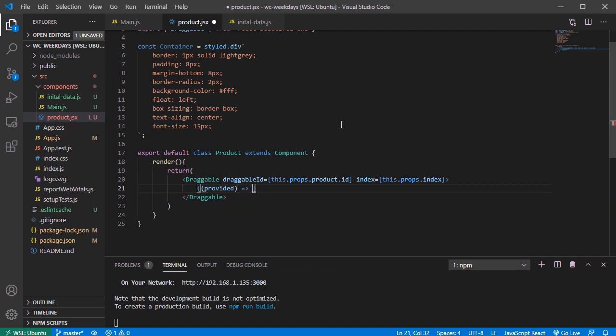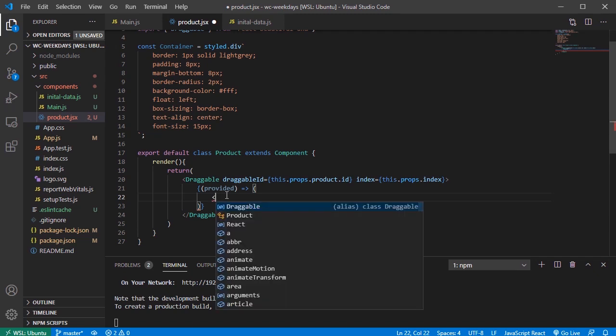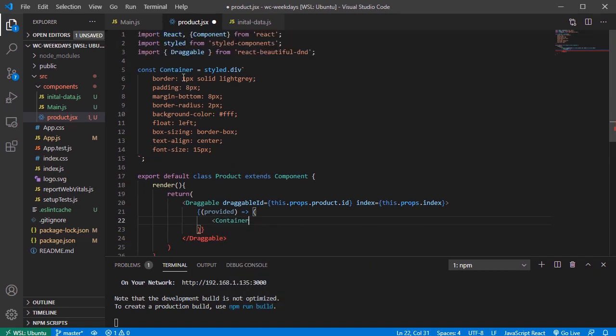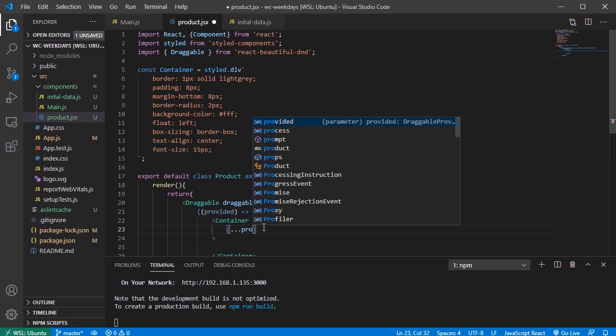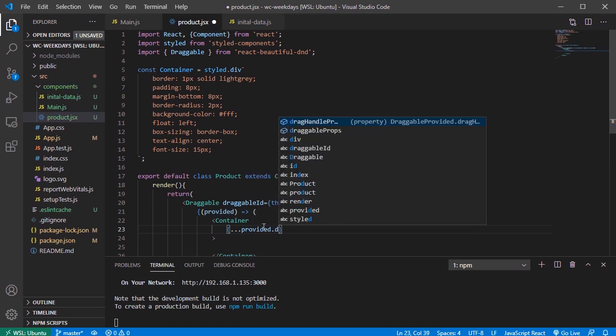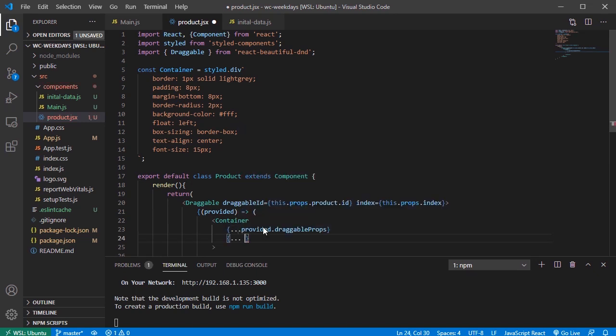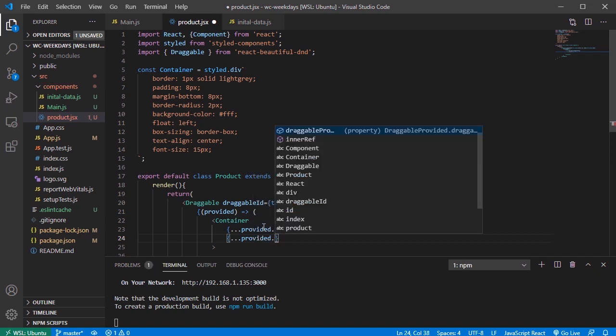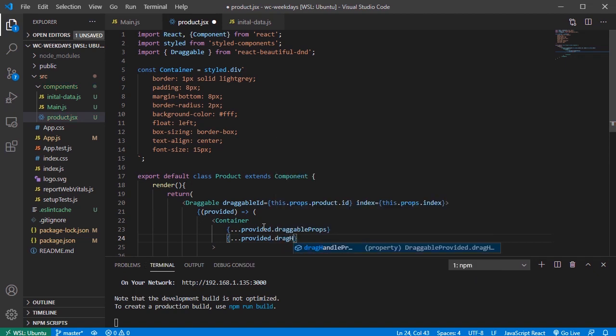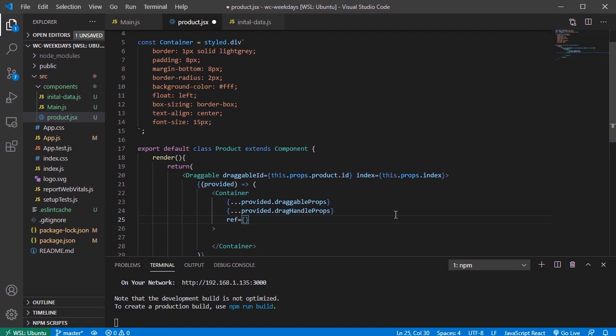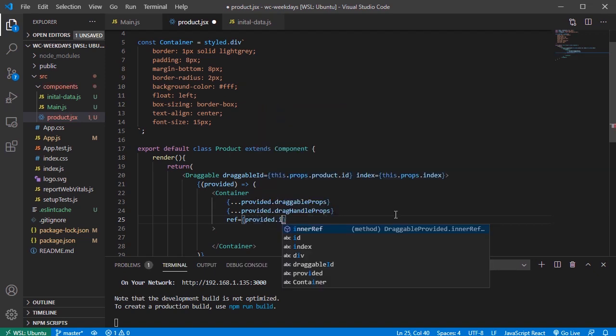Okay, like this. And then here is gonna be a provided as well. Provided, parentheses, and here I have the container, the container I just created here. So this mainly is just like a div, like this. And then this container is gonna get a few attributes. So it's gonna be provided.draggableProps, and another one, provided.dragHandleProps, like this. And the last one is the reference. So we have ref, provided.innerRef,